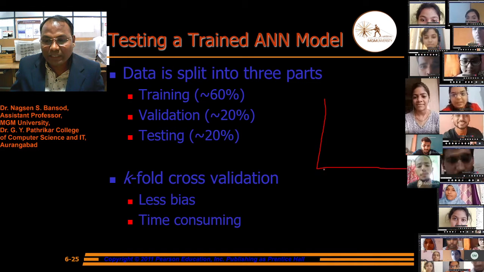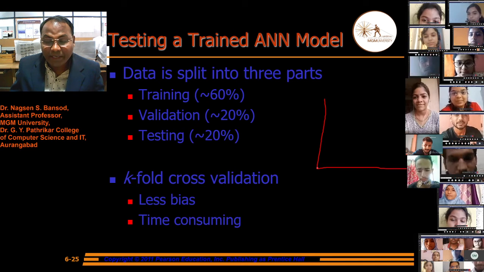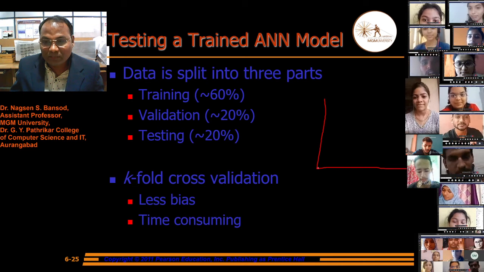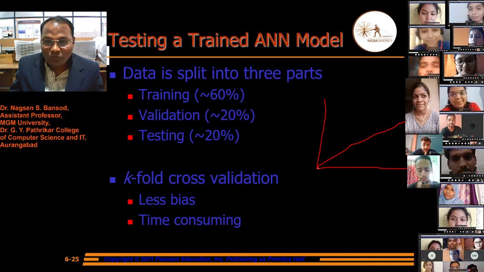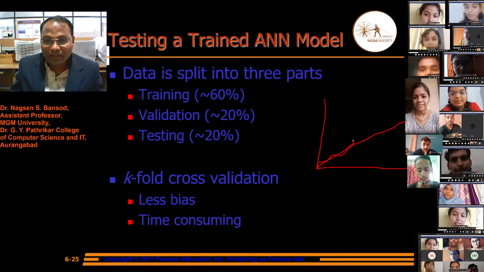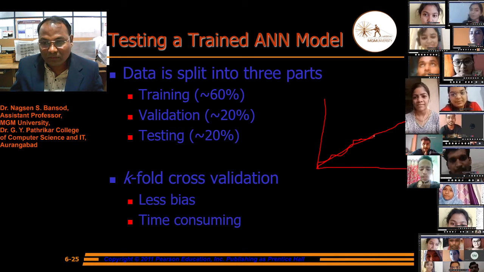We train the model with the 60% of data, and at the time of testing we validate with the 20% of data.